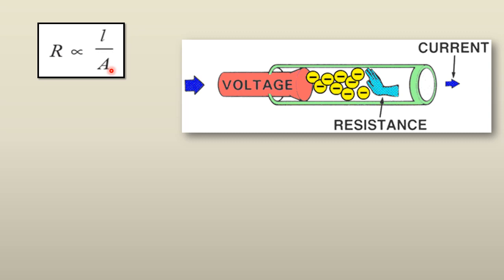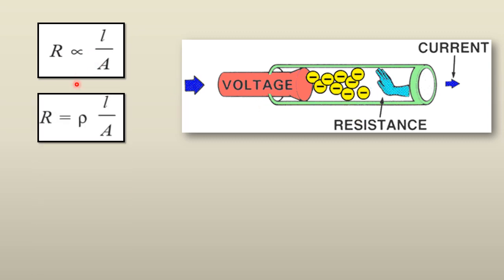Resistance is directly proportional to the length, whereas inversely proportional to the area. That means in a conducting wire, it depends upon the length. And inversely, if more area is there, then less resistance is applied. Here you can see the area is less, hence at a time more obstruction is applied. But if the area is more, then more obstruction cannot be given. So it is inversely proportional to the area.